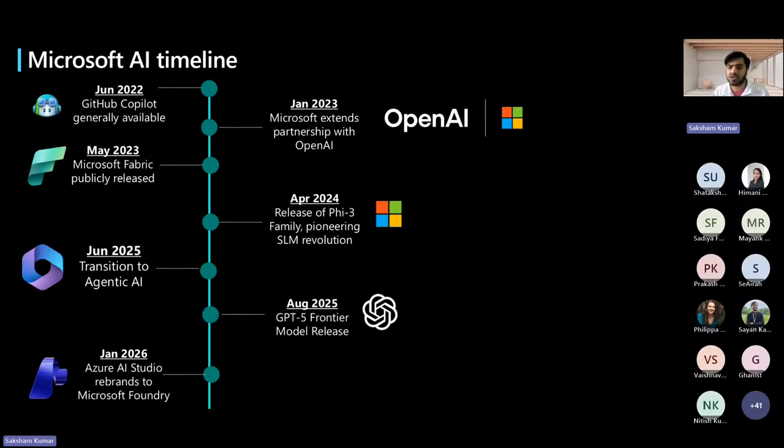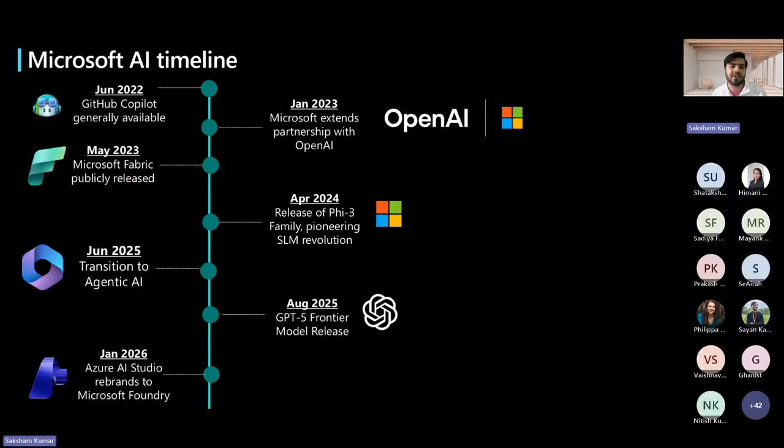So June 2025, it transitioned to agentic AI with the launch of autonomous Copilot agents. August 2025, the latest GPT-5 models were released, which were able to answer questions at a PhD level, with advanced logic and heavy problem solving, and a massive context window. It means you can put a large amount of text in just one go. That was the increase in the context window, which made GPT-4 feel like a toy.